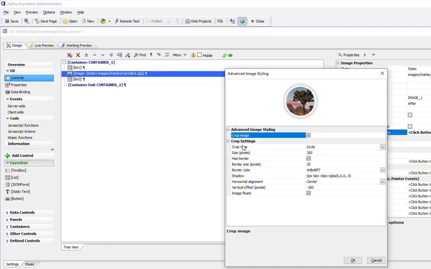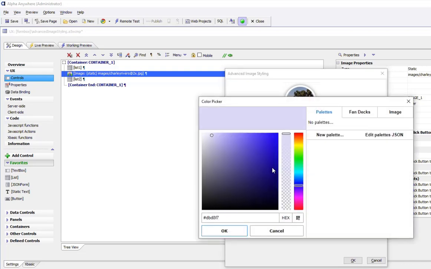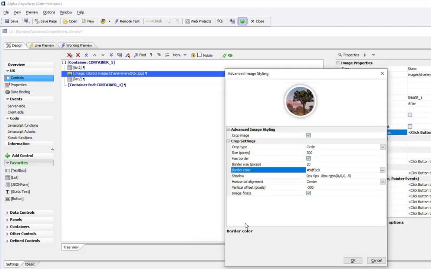We'll say we'd like to crop it as a circle. We'd like the circle size to be 300 pixels. We want the circle to have a border that is 20 pixels wide, and we'll go here and choose the border color. So let's choose that green color now as our border color. We can choose a shadow. We can specify that the image should be centered or left or right aligned,